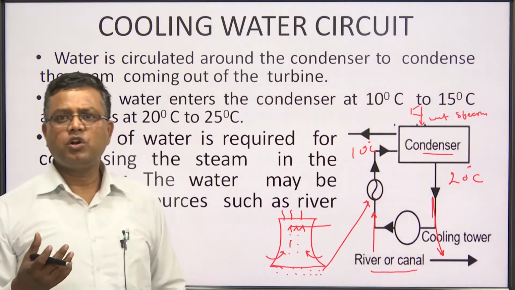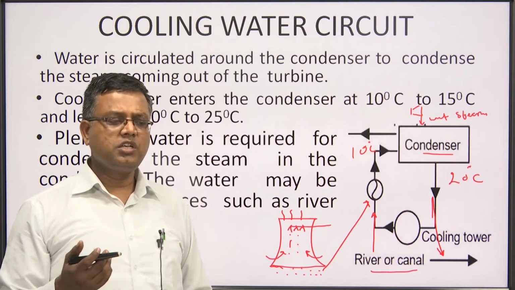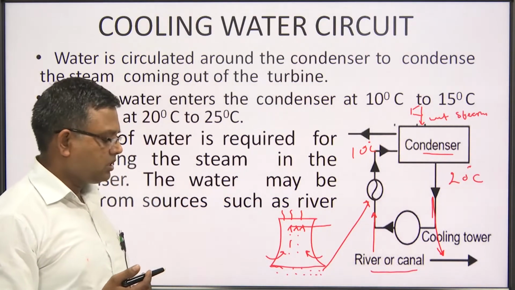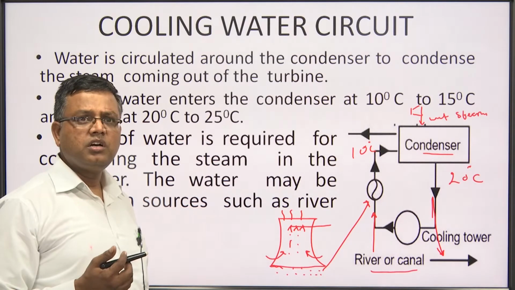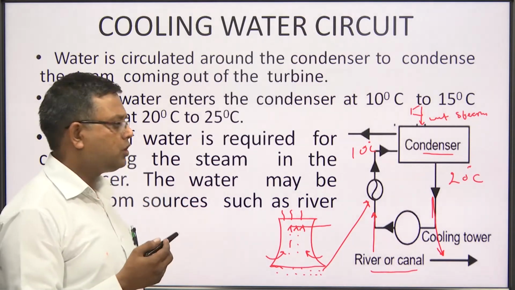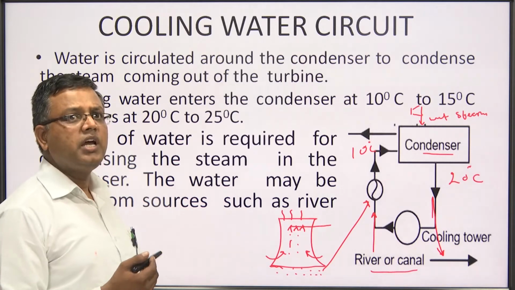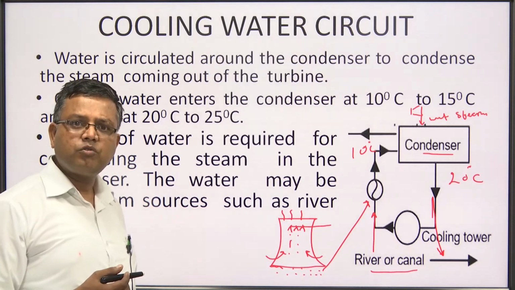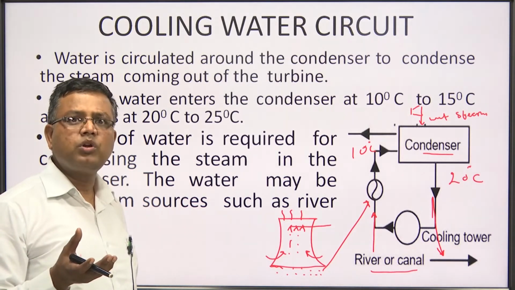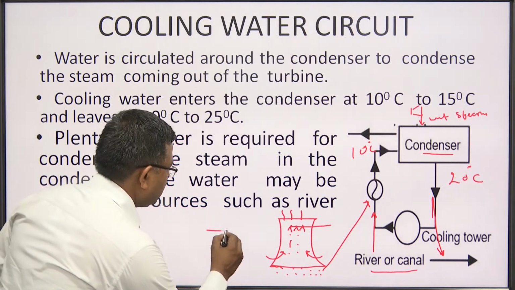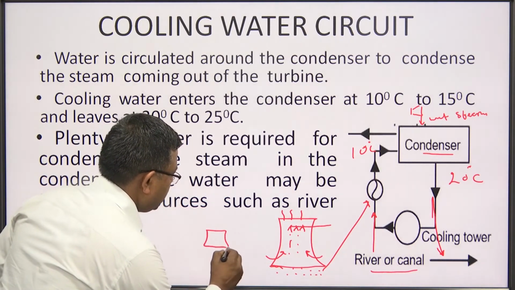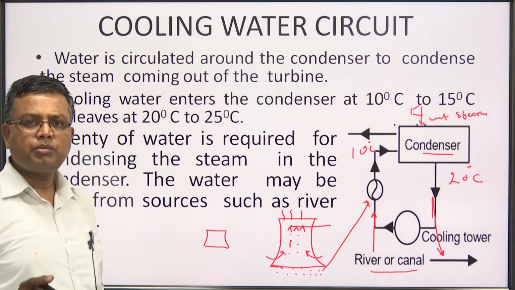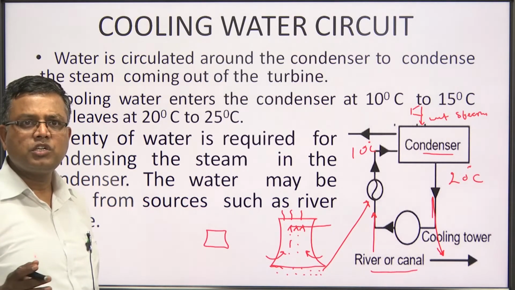Those water losses can be compensated by makeup water. But sometimes it is not possible to have a natural draft cooling tower. In that case we can use a mechanical draft cooling tower, and in the mechanical draft cooling tower a comparatively small cooling tower is required. But here we are using some mechanical arrangement. Mechanical arrangement means we are using fans for continuous supply of air, maintaining its velocity.